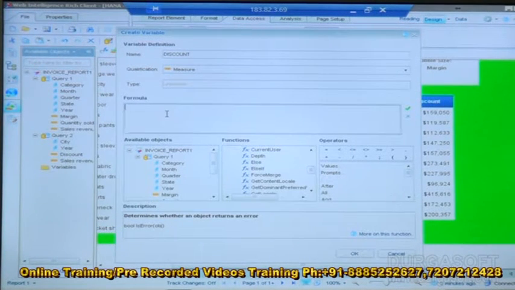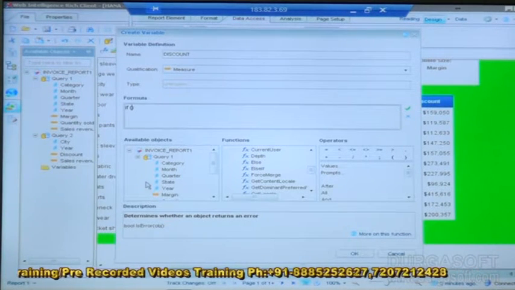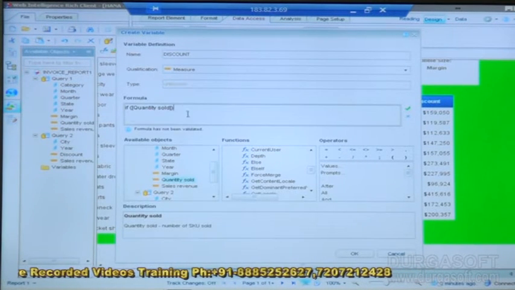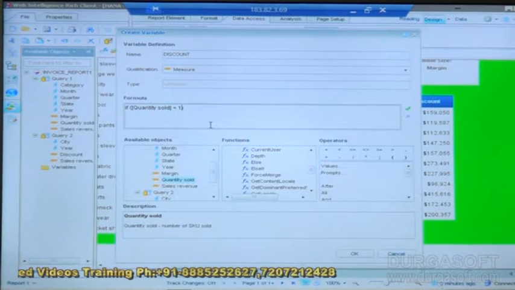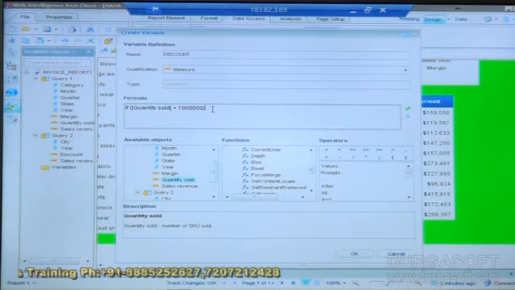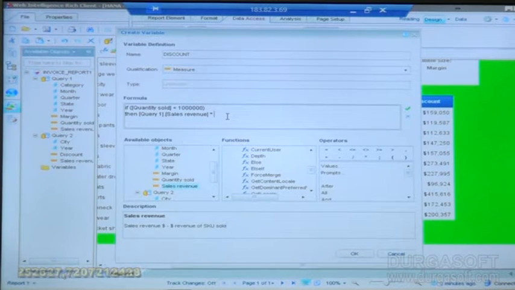I'll write directly an if condition. I'll give the condition which is quantity less than 10 lakhs only, then I have to give sales into 30 by 100.